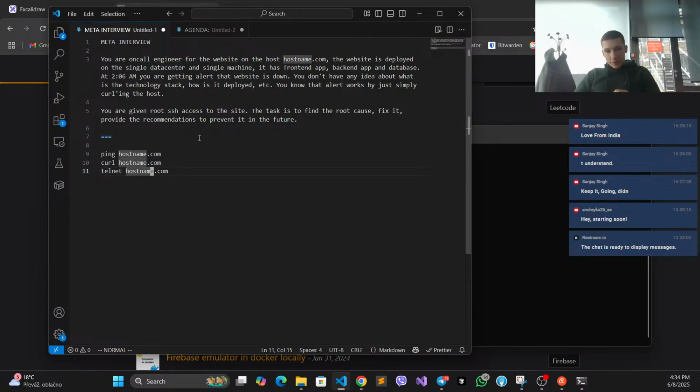Then after you check the external connectivity, you go on the host, you SSH. If you can do SSH, at least the machine is basically working, it's not dead. This is already good news. Also you should ask whether there is a single machine or multiple machines, but in this case it's a single machine, single data center, single everything. So in this case, what you're gonna do,